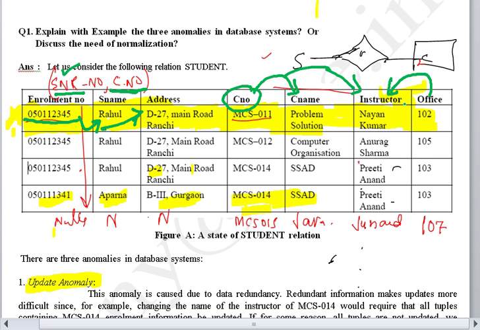So if I am teaching it, I will have this office. My course number will not determine the office. It is me as an instructor who defines my office. You getting me? Similarly for any other instructor, the office is determined by the instructor, not by the course number. So the situation here is that my course number determines course name and instructor, and my enrollment determines student name and address. So I am not having a full functional dependency, rather I am having a partial functional dependency,